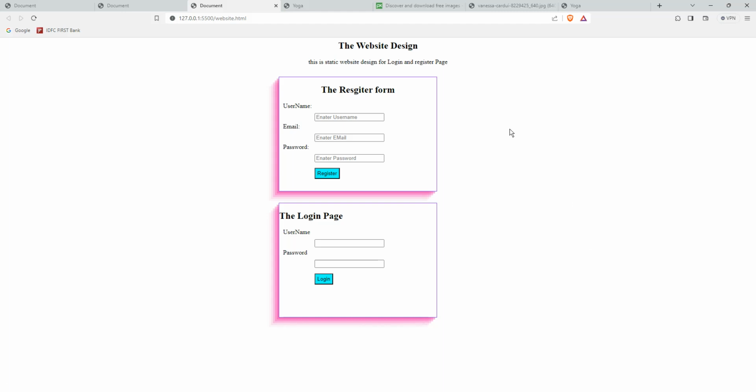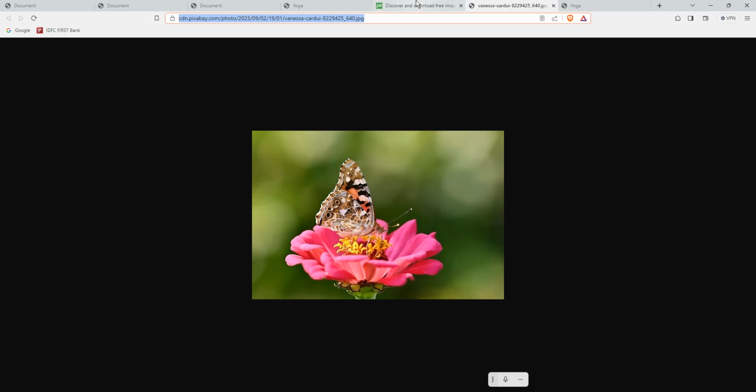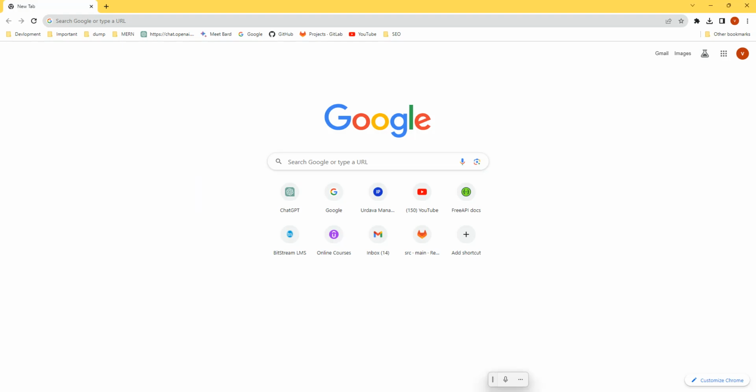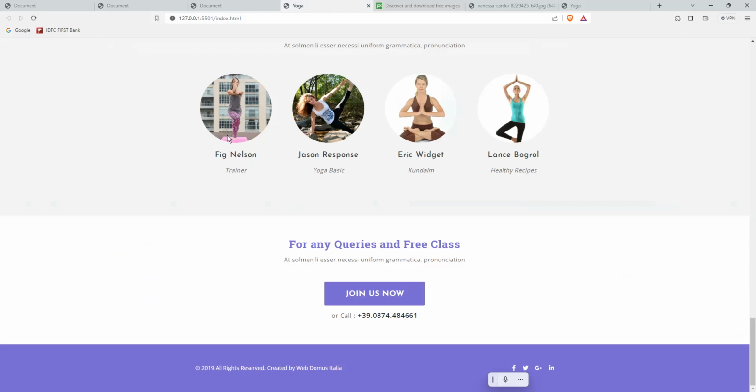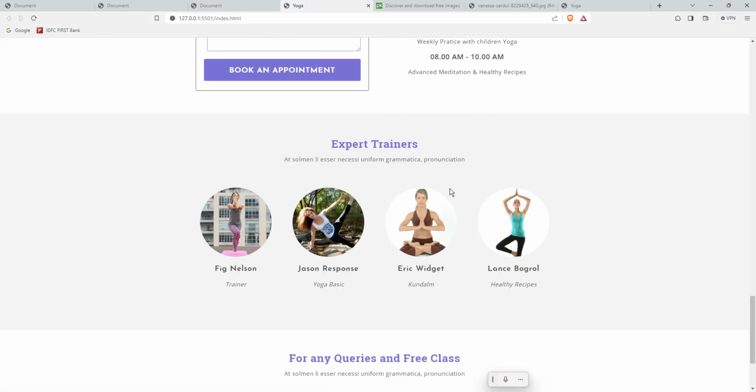Actually we thought to take JavaScript next, but first you should learn the skill set to design a website. You have just started, no worries, you can't design a website directly. This is the starting thing, you just type and you will get to know how to write CSS and everything. As days go on you are going to build a website like a professional. Okay, fine. Today I don't want to take up much because the JavaScript is